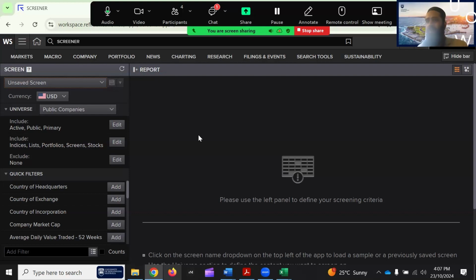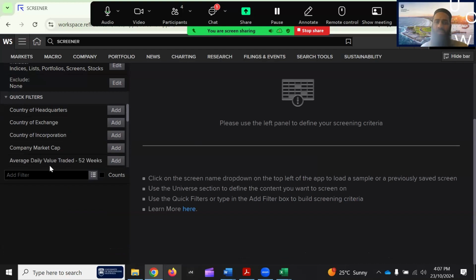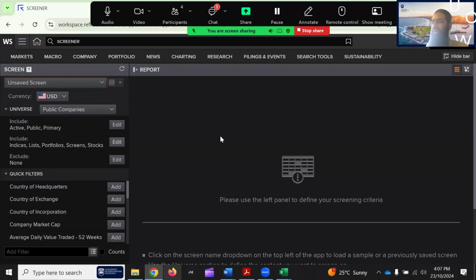And what was the strategy I was giving? Once you're on the screener app, just see how the interface looks. It looks very basic. On the left-hand side, we have different screens based on which we can get the results in the report section. Currently, the report section is empty. Once we apply the screens, the report section will give us the result. And the result here is our data on ESG for US listed firms over the 3-year period. That is what our focus is.